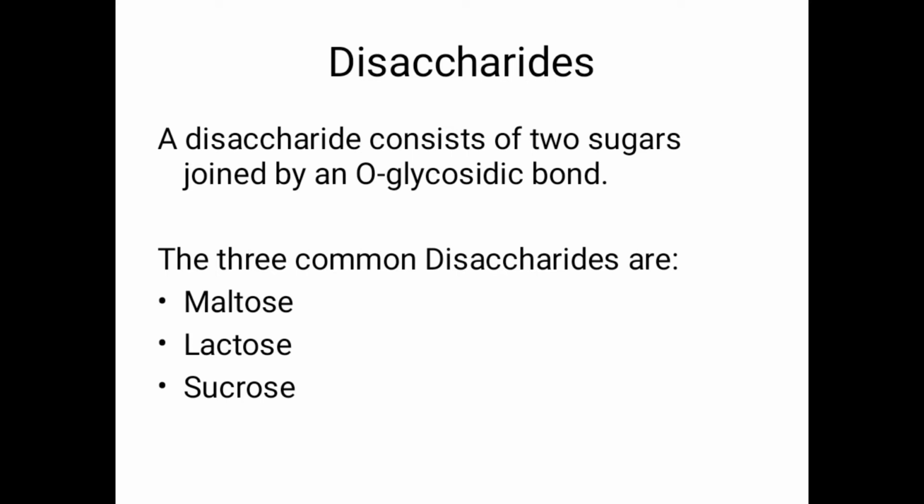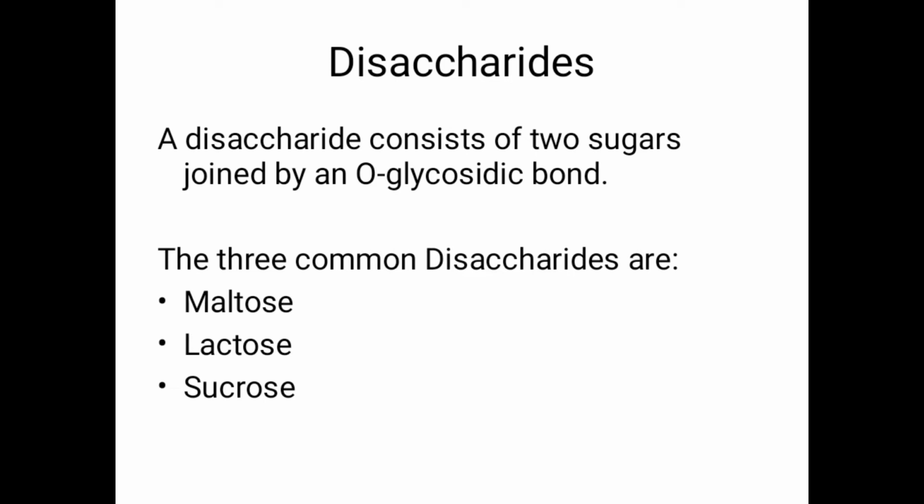A disaccharide consists of two sugars joined by a glycosidic bond. It is composed of two sugar molecules joined by glycosidic linkage. In other words, we can say that disaccharides are composed of two monosaccharides united by glycosidic linkage. There are three common disaccharides